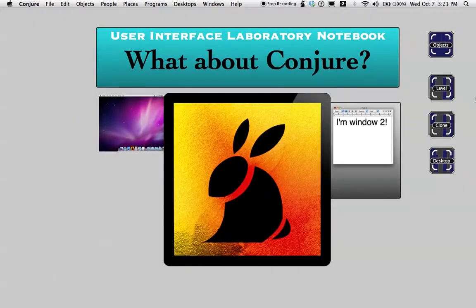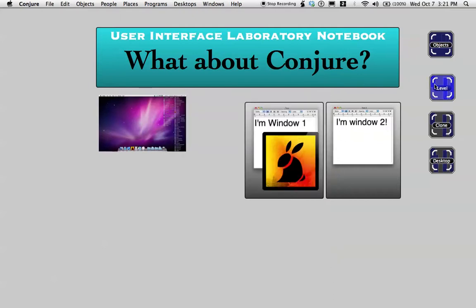So where does that leave Conjure? Conjure lives at the same level as other user-level windows. It follows the document window model, and this allows you to control which space Conjure will appear in. If you clone a desktop in Conjure, you can move that cloned window onto a new space. Again, since it's the same level as other user windows, it will continue to exist in the space you place it on. But if you sync Conjure,